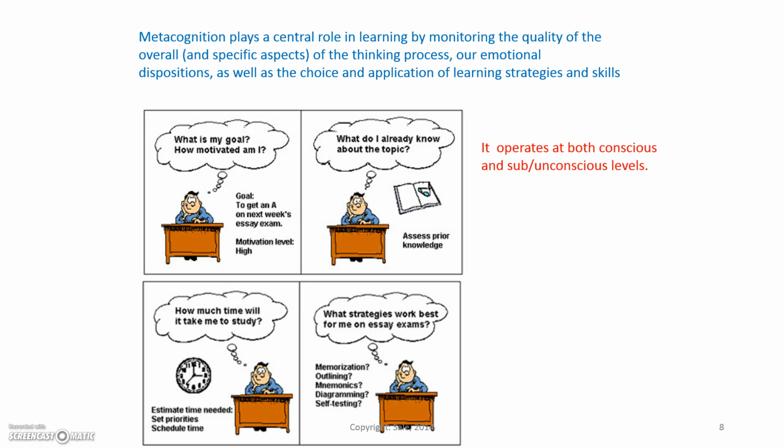Here's a nice cartoon. You can look at it yourself, but what you'll notice is a student who is certainly doing a bit of metacognition. And wouldn't it be nice if more of our students did this? What's important is this kind of swirl of thinking, this process of processing information, making connections, and trying to keep a good metacognitive state, is both a conscious activity, but also a subconscious and unconscious one. It's a bit of a messy process, but we're beginning to get a reasonably good understanding of it now, and how to translate that into the way we teach to develop the capability in our students.